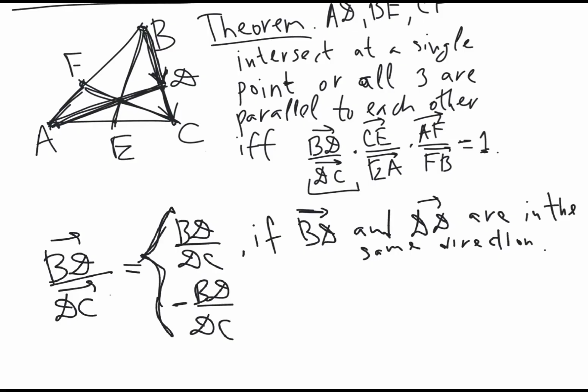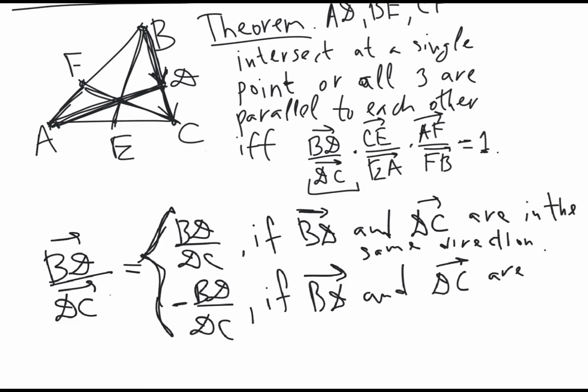There are only two possible directions: either they look in the same direction or in the opposite direction. And so if BD and DC are in the opposite direction,